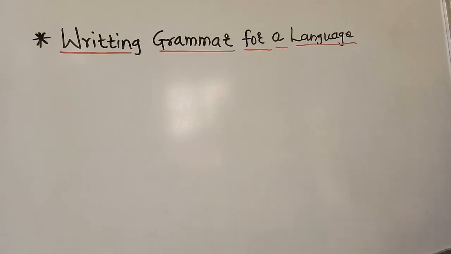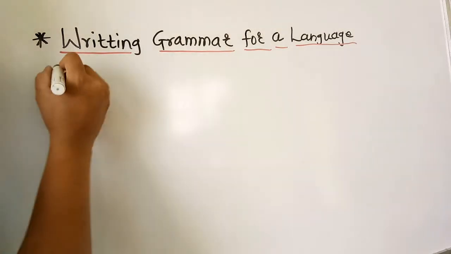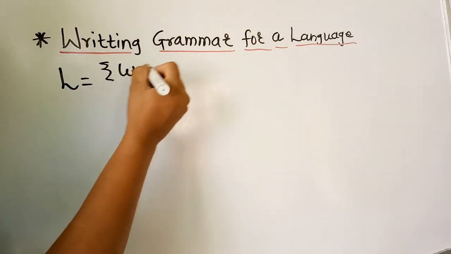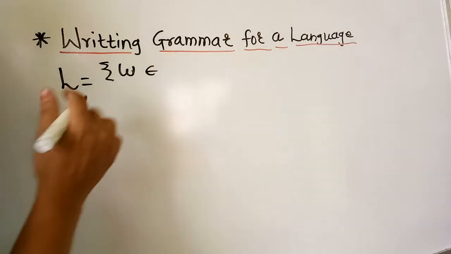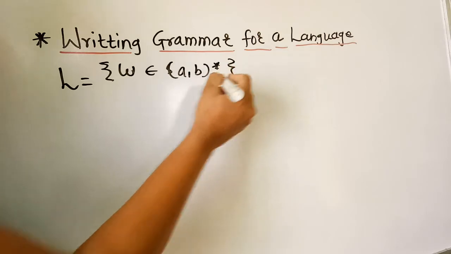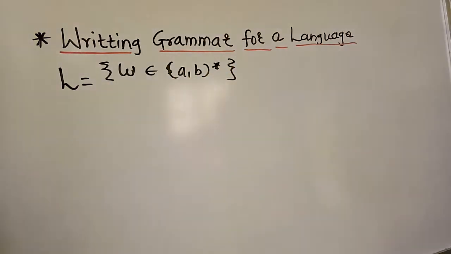Continuing the same topic of writing a grammar for a language. Again, in this video, we will see some more complicated terms of languages for which we have to develop a context-free grammar. Now, we will take one example language, that is, for example, L is having a word that is a part of (a, b)*. Means it is a combination of A and B also.